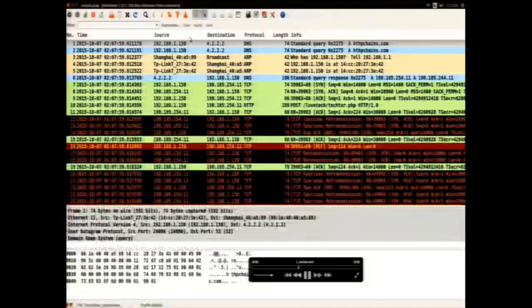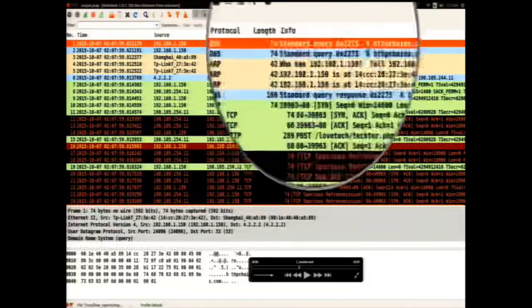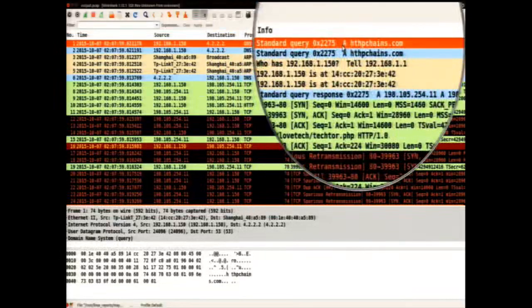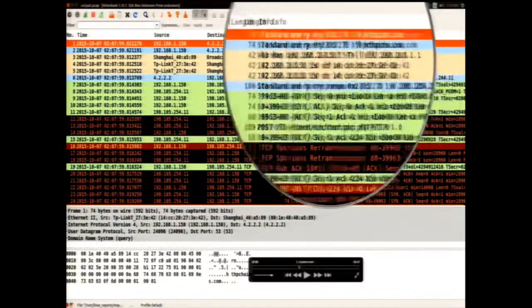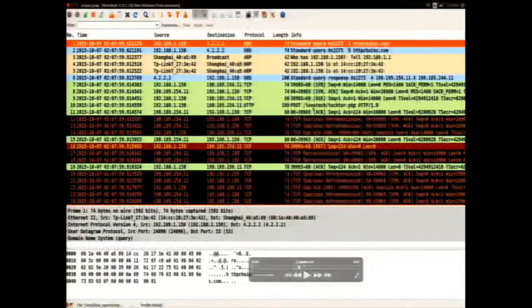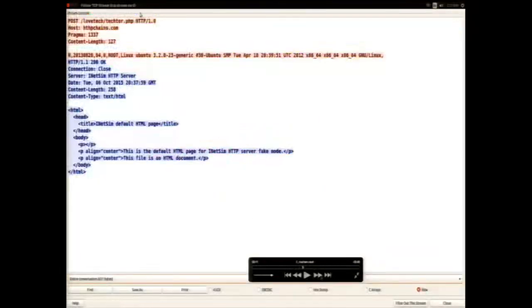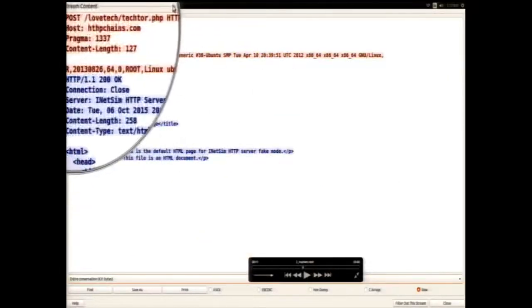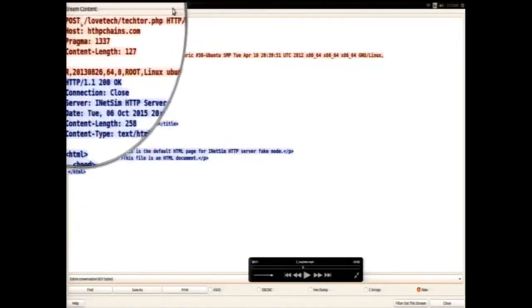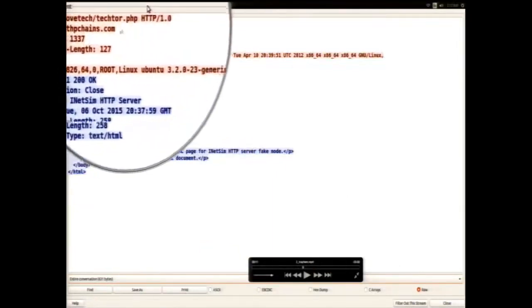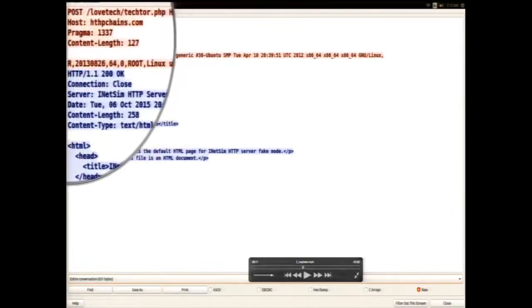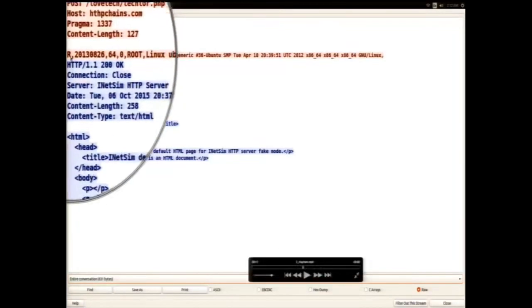So let's look at the packet capture. You see that it is making a DNS query to that domain, which again resolved to that IP address, and there is communication on port 80. This is the pattern with which it is communicating. As you can see here, it is making a POST request at loudtext/tector.php. Also notice the hard-coded pragma here, 1337, which you can use as an indicator to detect this malware sample. And you also see that it is sending comma-separated values here.